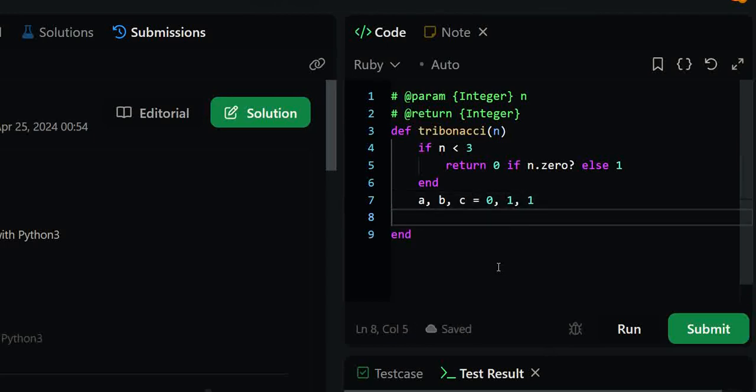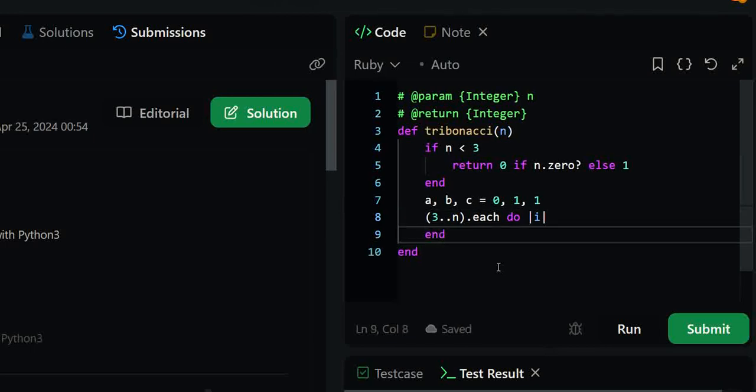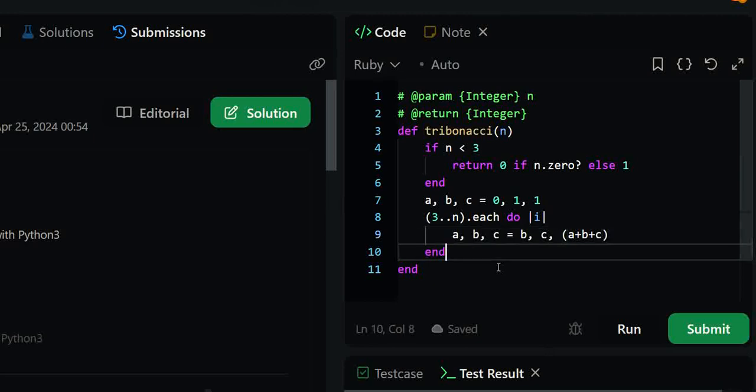Then we are saying run a loop from 3 to n dot each and do i. And inside this we are going to update our A, B and C with, again same thing, B, C and A plus B plus C. And after this we are saying return C.